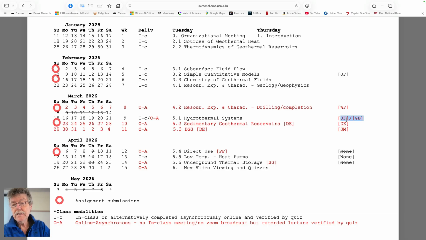But Jim Folds will talk about play fairway analysis, so how you use maybe aerial photography, satellite imagery, to look for the structural characteristics that would tell you whether there's a hydrothermal deposit at shallow depth below the surface. Greg Bignell in New Zealand will talk about the New Zealand geothermal fields. He is someone who worked in research for a while and then switched over to